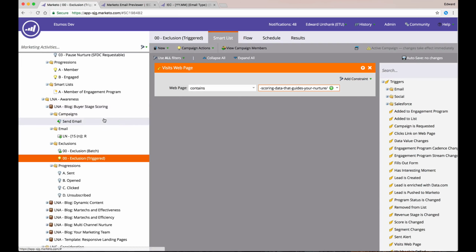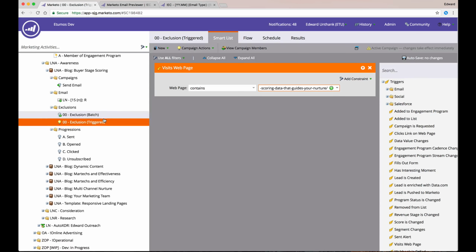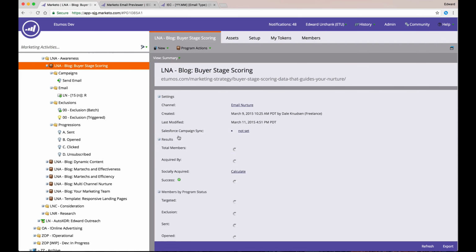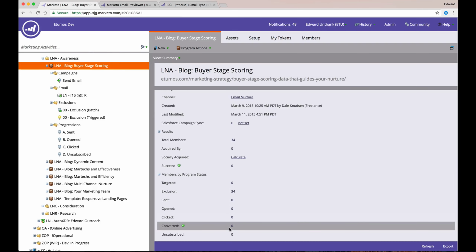They're not going to get an email telling them that, hey, you should read this blog, because you already have. Progressions, we have sent, open, clicked, unsubscribed. There's also exclusion, and out of the box, I believe there's a targeted and kind of a converted. So the way that we think about this is we track some of these progression statuses within Marketo on the actual program, but we don't sync all of them to Salesforce